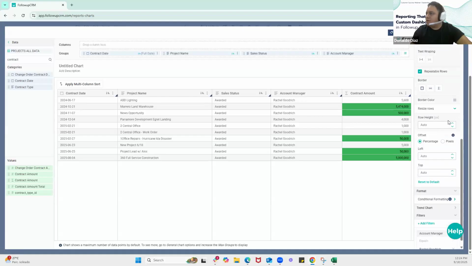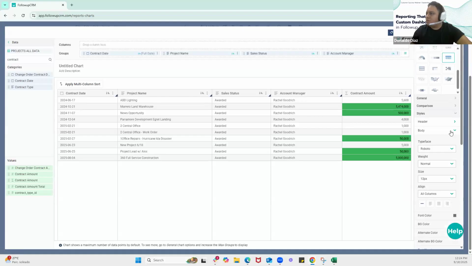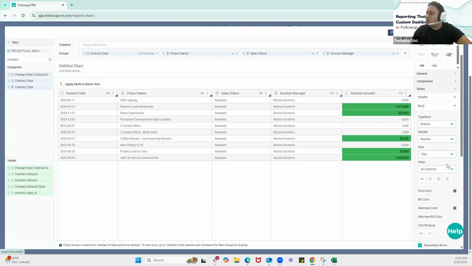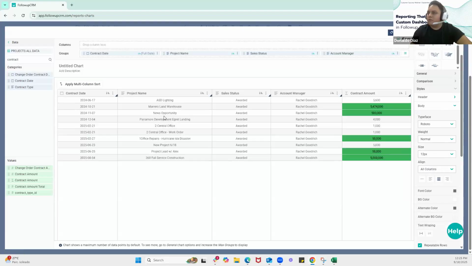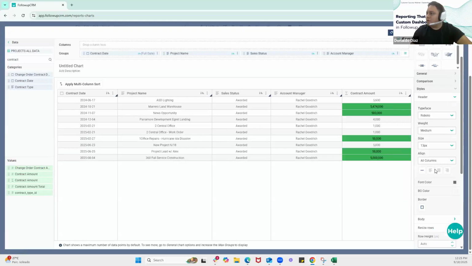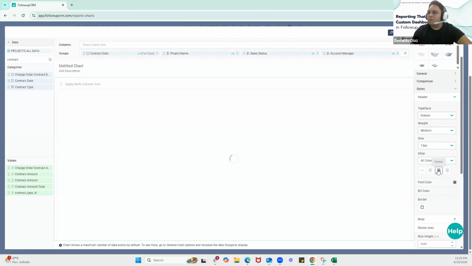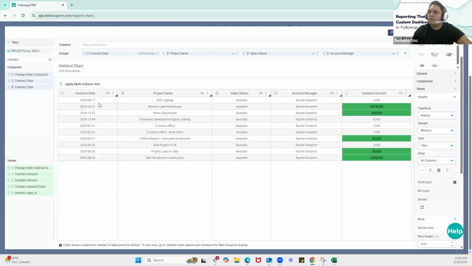So you can come here to this information. This is for the body. Click center. And now everything is in the center. So we can do it also for the header. And now you can see it like this, right? We're going to put this name